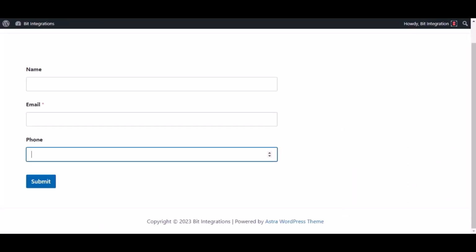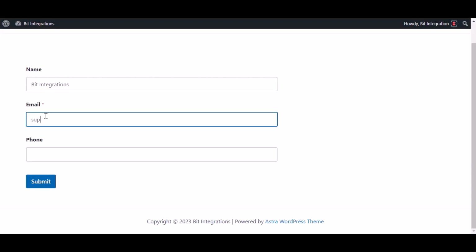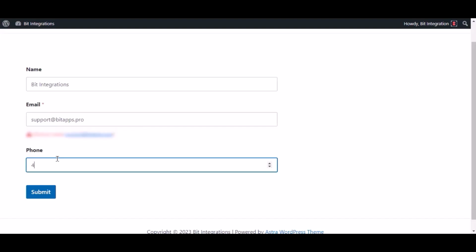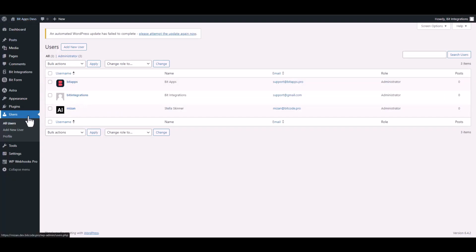Now go to your form and type some information and submit the form. The form is successfully submitted. It appears that the user has been created